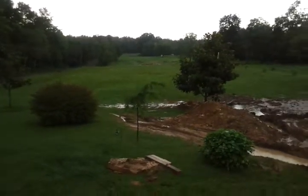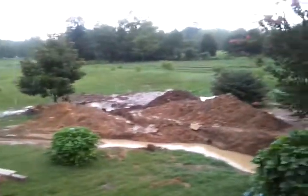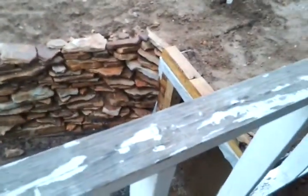But I thought I'd put this short video on to show you where the work has gotten to at this point. I did have all of this landscaped out through there and was ready to put seeds down until the water started backing in the thing. The wife suggested, and I agreed with her, and she's non-mechanical at all in any way, to run a tin roof from the porch here